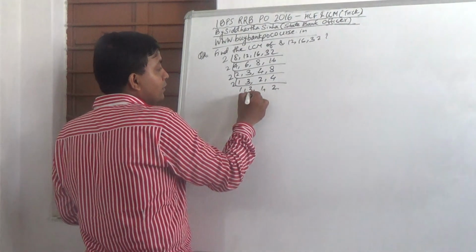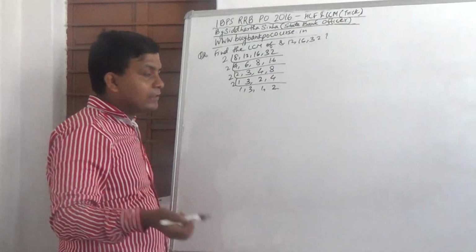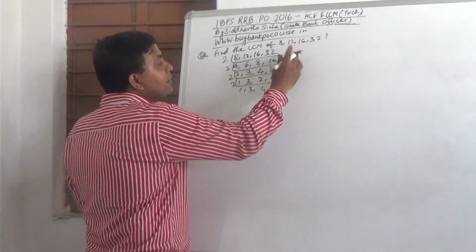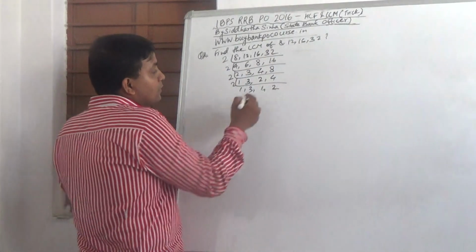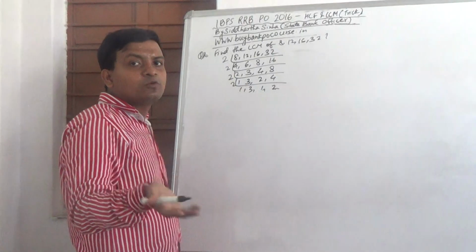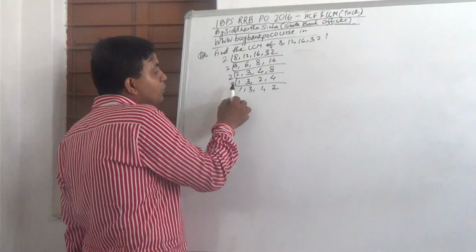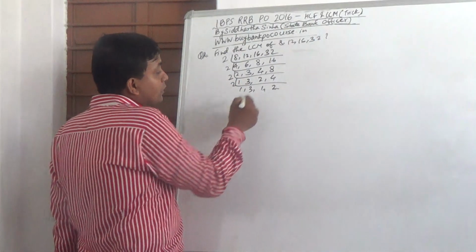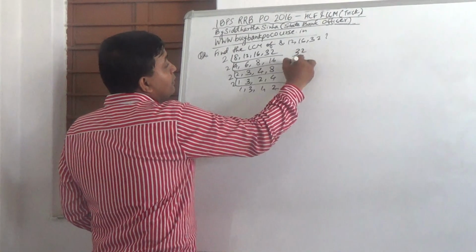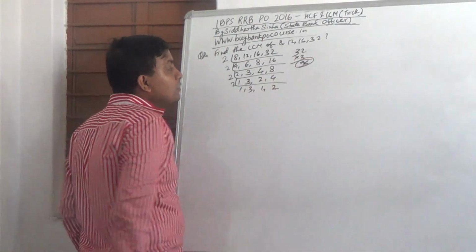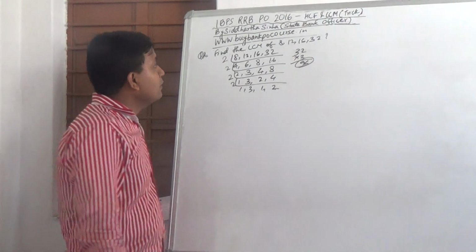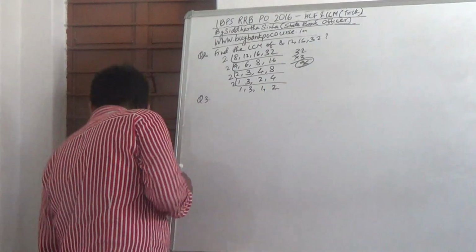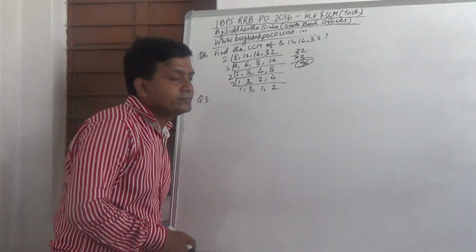2 multiplied by 3, or just take the best way of solving like this. How many 2s are here? 1, 2, 3, 4, 5. So that is 2 to the power 5. You might not know what 2 to the power 5 is, so just solve like this. 2 multiplied by 2 is 4, 4 multiplied by 2 is 8, 8 multiplied by 2 is 16, 16 multiplied by 2 is 32, 32 multiplied by 3 comes to 96. So 96 is your answer. Okay, you know this thing. Question number 3. I hope you got the method.